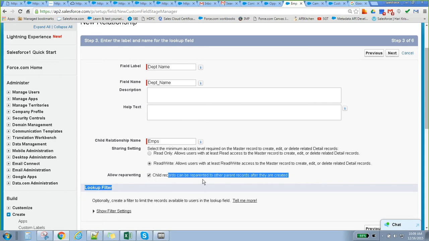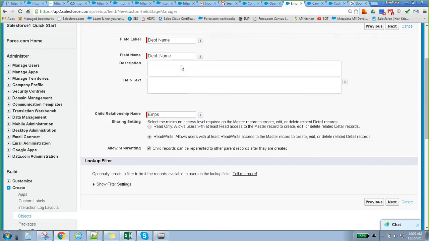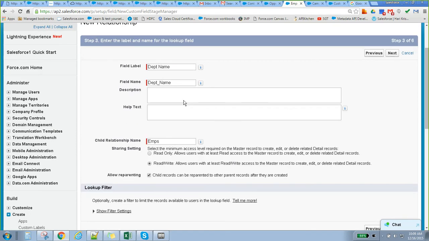In the interview they will ask: is it possible to reparent the object to some other object once you have created it? In that case you have to say yes. If you select the allow reparenting checkbox during creation of the employee object, then we can point it to some other object at a later point.